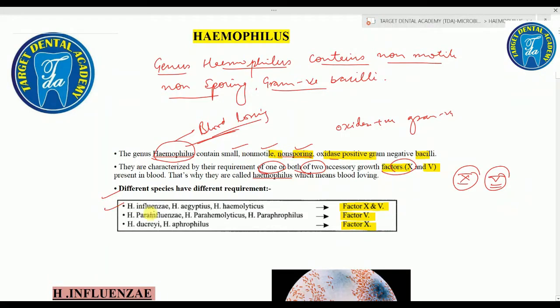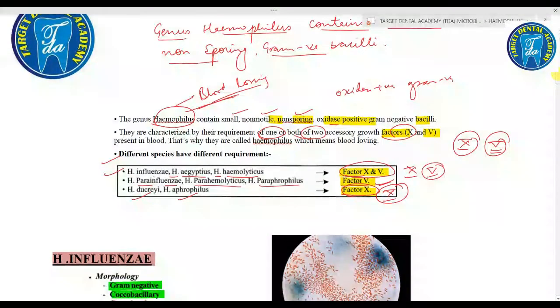For example, Haemophilus influenzae, Haemophilus aegyptius and Haemophilus hemolyticus require factor number 10 and factor number 5 for their growth, while Parainfluenzae, Parahemolyticus and Paraphophilus require only factor number 5. Haemophilus ducreyi and Haemophilus aphrophilus require only factor number 10 for their growth. Right? Now starting with the first